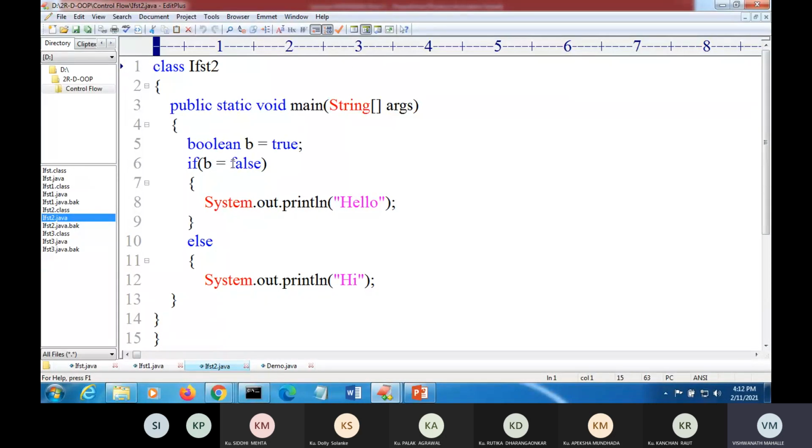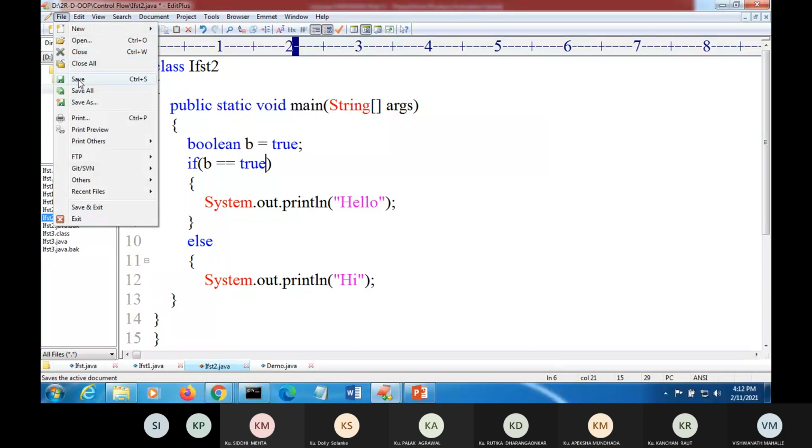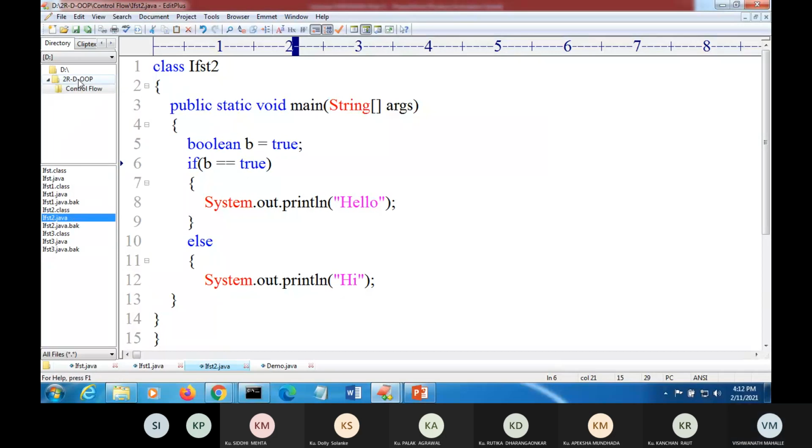Now if I write equal to true here, what is the output? Hello. Yes, correct. So what do we conclude here? We can pass boolean type values to if.